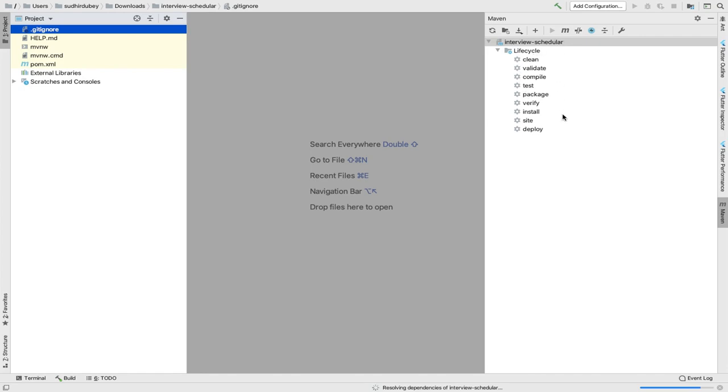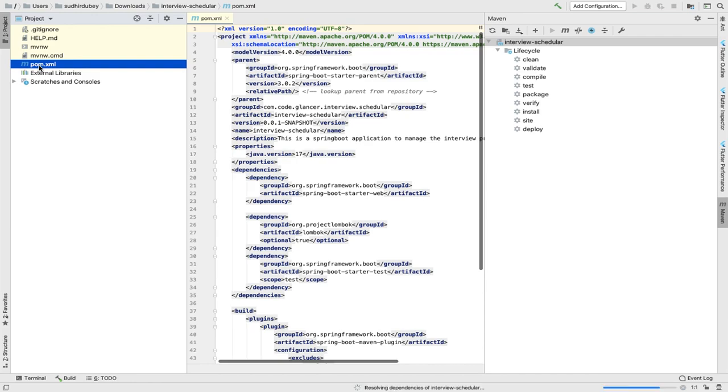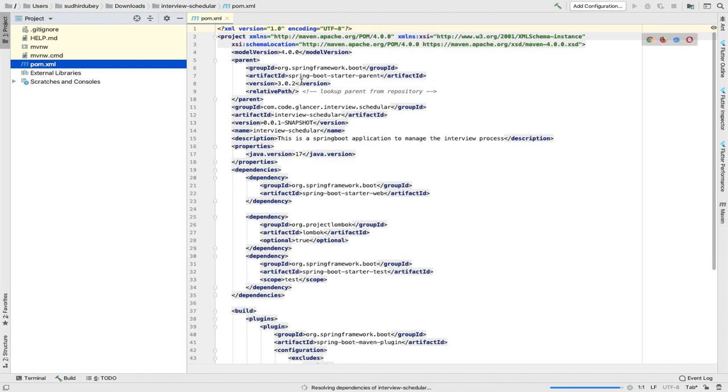So meanwhile I will be telling you what is Maven. Maven is one build tool. You must know this. It is basically used to give you all the dependencies, like which jar you have to pull. So if you open the pom.xml file, this is the Maven file, and if you see, we have given